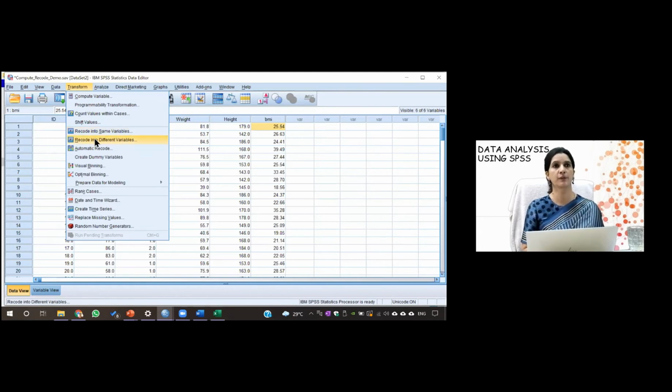If I choose Recode into Different Variable, this column will be as such, and it will have another column which will have the BMI category. So it is always advisable to use Recode into Different Variable, because then you will have the actual original data with you.